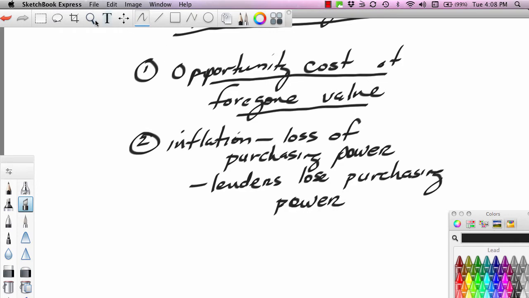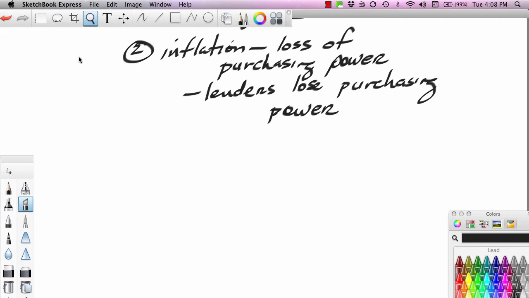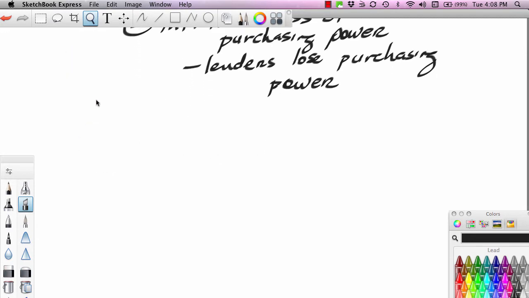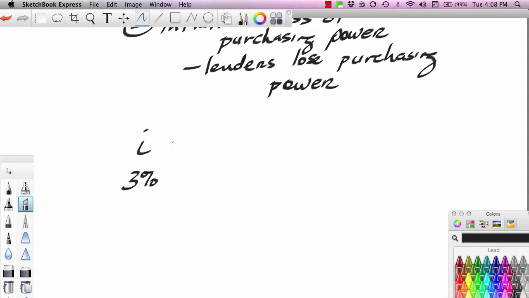Now, let me give you a very quick, simple example here. Let's say that I want to earn an interest rate from you of 3%. I want to be paid 3%. So I stands for interest rate. There are two things that go into building that interest rate. One is the real interest rate, what I really want to be compensated, let's say 2%. This is called the real interest rate, R. I want to be compensated 2% for having to give up value today and having to wait and get it